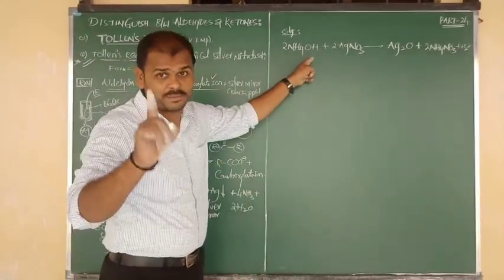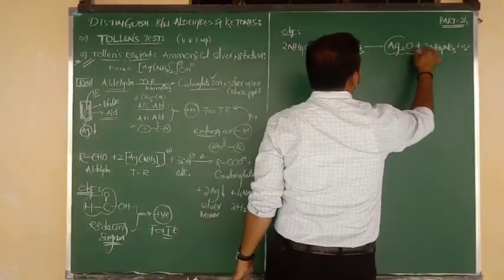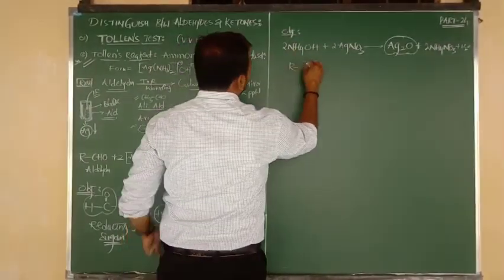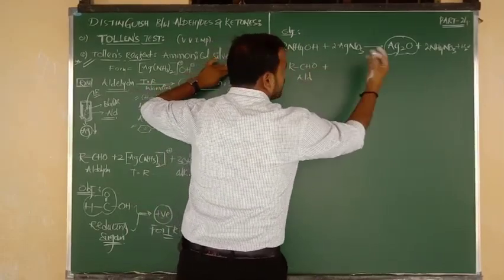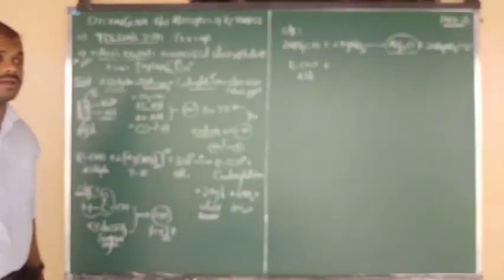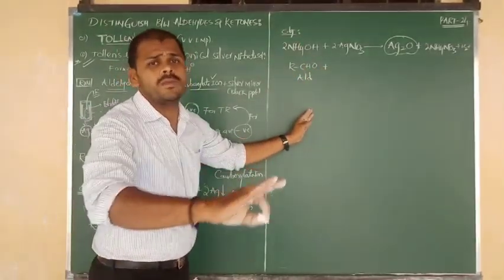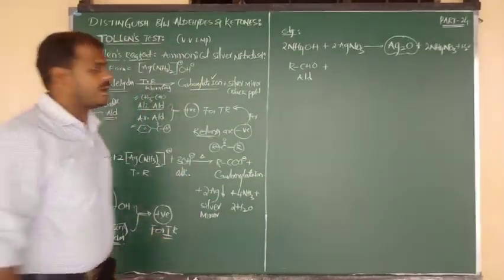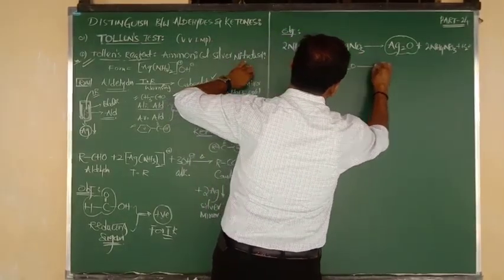But here only the objective point of view, so try to remember that. What you are getting here is silver oxide. Now, such silver oxide undergoes reaction with aldehyde. So aldehydes, okay, directly you can take the final form. Aldehydes change into the carboxylate ion. Otherwise, you can take that short form also. But try to remember these equations for the objective point of view. Up to here, the theory is enough now.